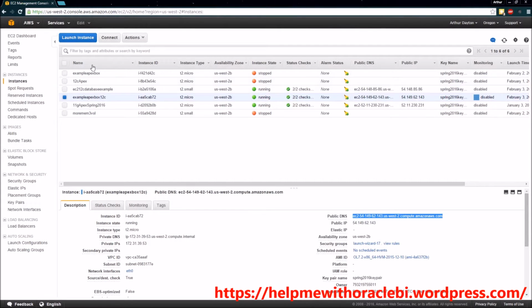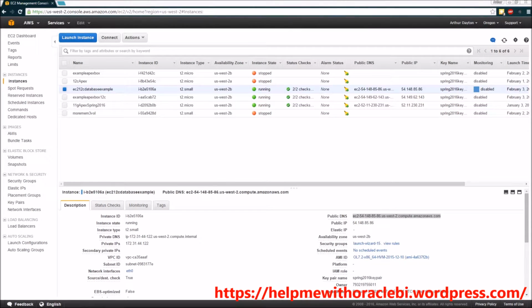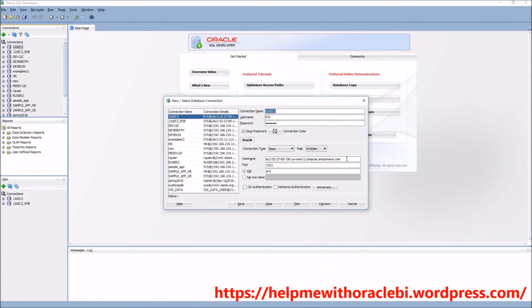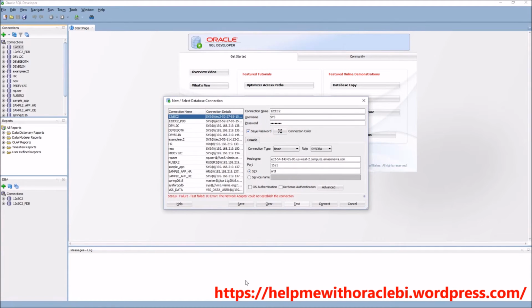So back here in my AWS console, I'm just going to click on my database machine. I'm going to go ahead and grab the public DNS it has today, and then I will switch back to SQL Developer and I will paste that DNS in there. And besides that, everything else should work exactly the same. So if we test that, we'll see that